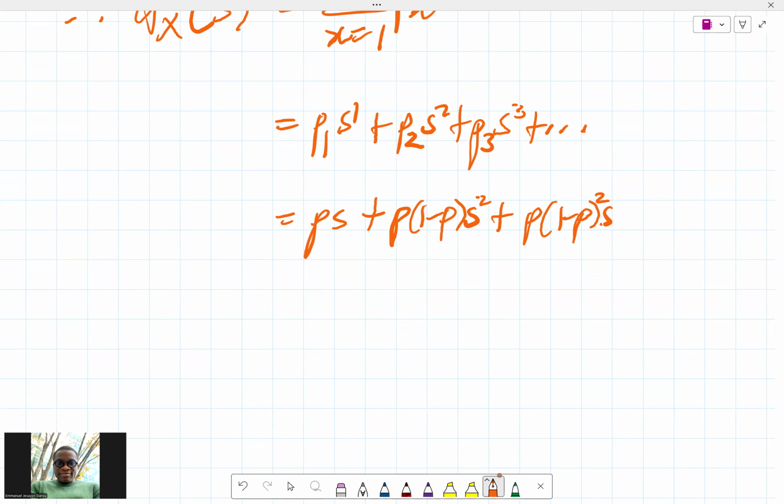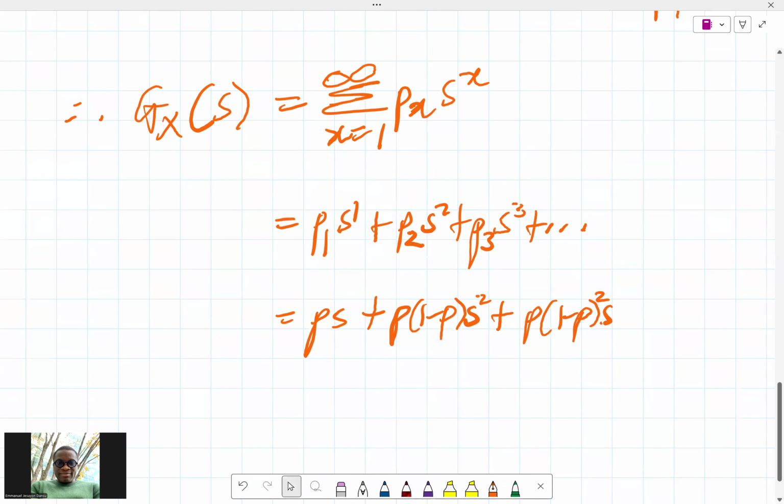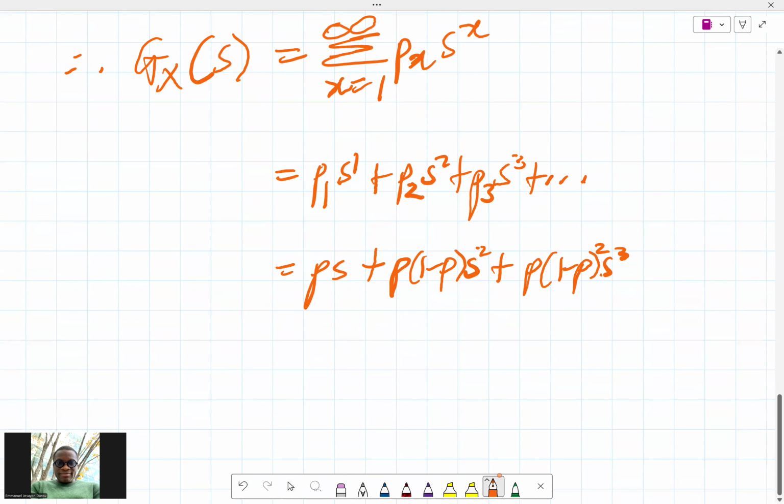P into 1 minus P S squared plus P into 1 minus P, 1 minus P S cube, and so on and so forth. So now we can see that this already has a pattern it is following. So the sum to infinity, right? If you try to do sum to infinity for this now, we can see that